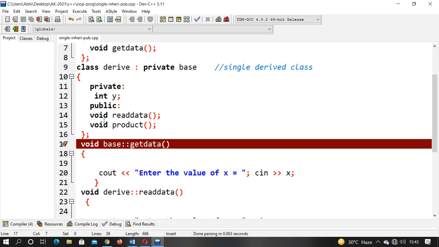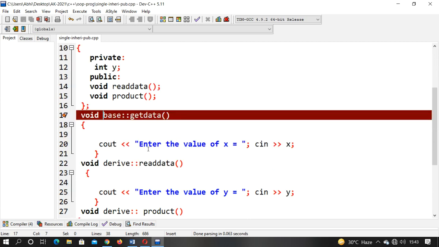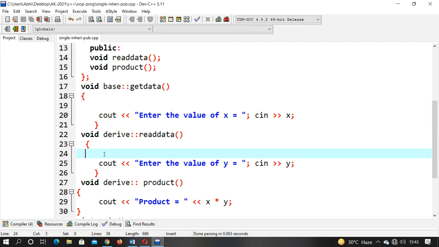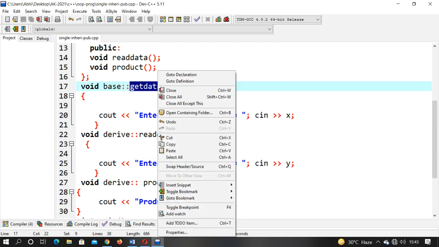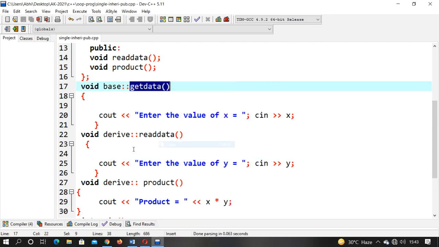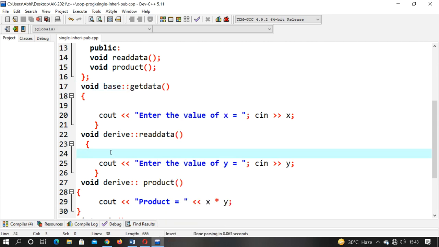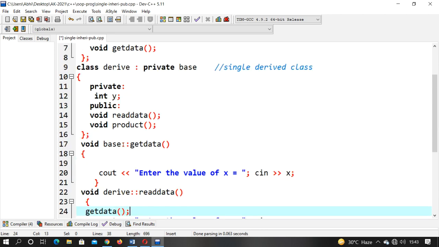So we put that base class function, the getdata function, over in the readdata function. I copy and paste it over here and give it a semicolon, which means whenever the object calls readdata. Why does the object call readdata?